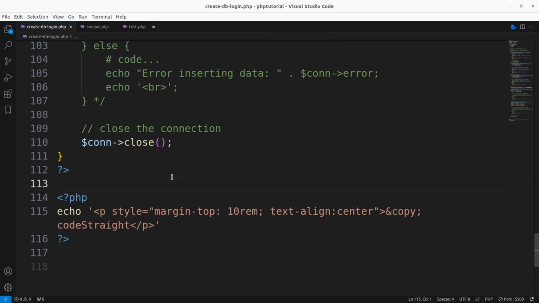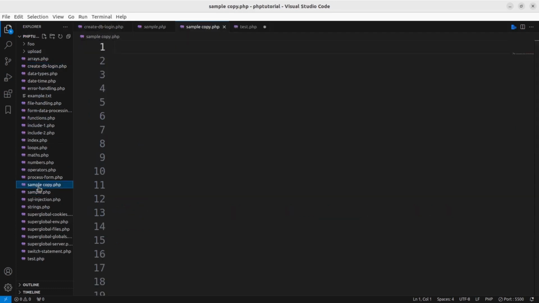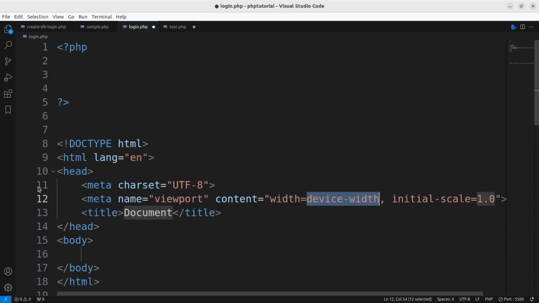Now you are ready to move on to create your first login page, and for that let me select our sample and I'm gonna make a copy of it, and let's rename it as login.php. Let me close the Explorer and I'm gonna add in here some PHP tags. First of all, let's create a very basic HTML form. So for that, let's come out of PHP context, and here I am going to add very basic HTML template,